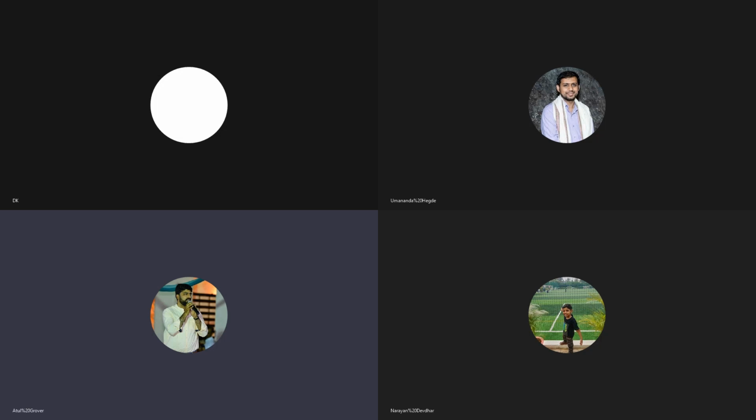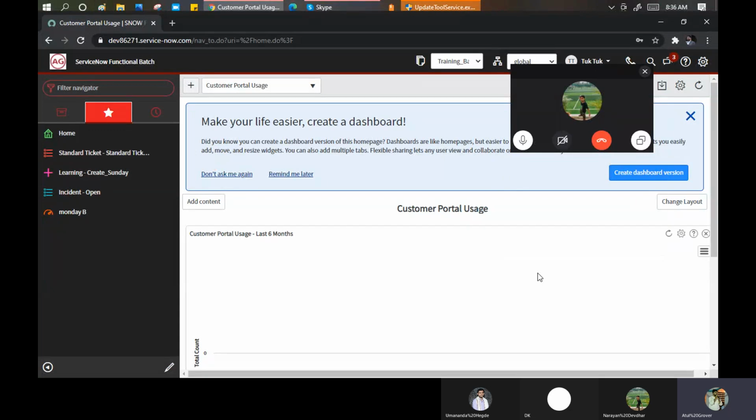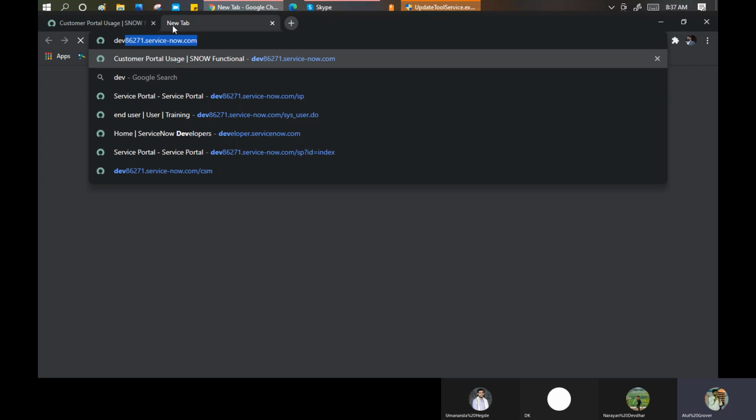Okay. So in the last session, what we discussed specifically was how this service portal looks and how you can make a request from the portal, how it goes for approval and all the things. Today I'll show you from where these things have been picked up, means where you can see that the catalog item is coming. So if I open up this link,